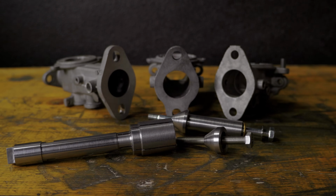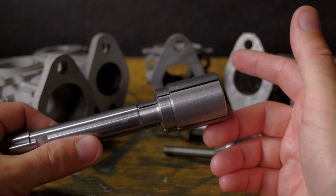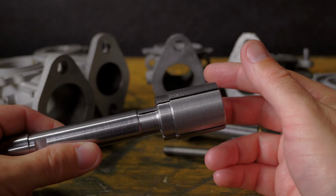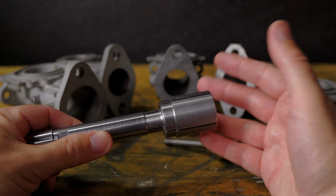It's done! Now I only have to make another 2. I'm kidding. I mean, I'm serious, but I won't be making those today. I need to know first how this performs, and if you're still watching at this point, I'm betting you're here for that as well. So just to make it clear, this tool gives me the possibility of clamping a carburetor